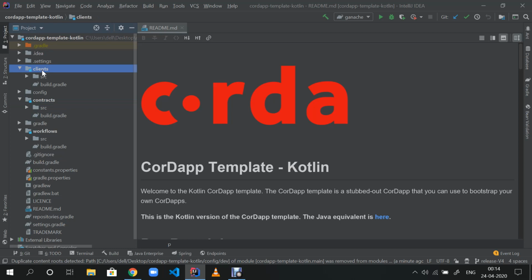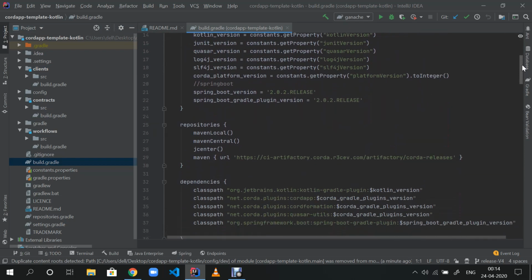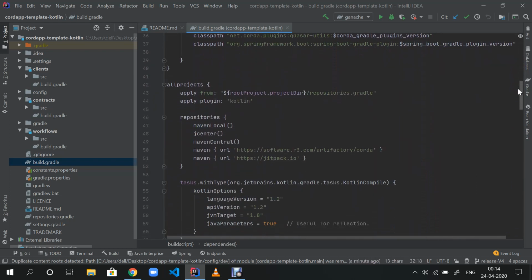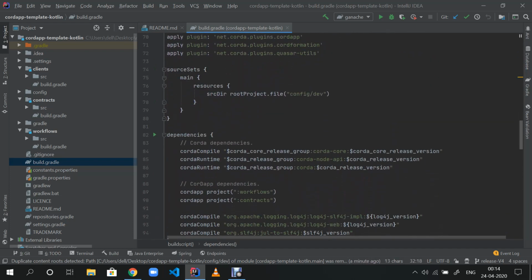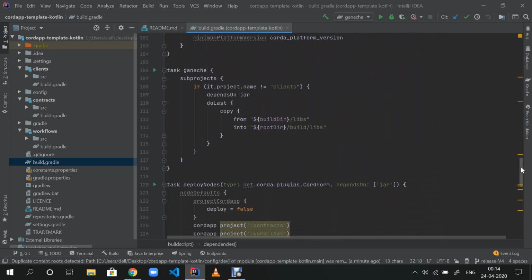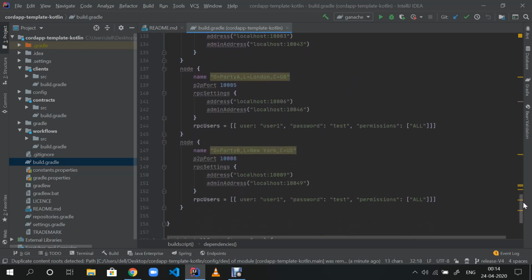You can think about it like this, but they are different concepts. So if you open the main build.gradle, you will find that there are certain settings, repositories, dependencies, and all other various kinds of information that is required to start your Coda template. If you scroll down, you will find a section nodes.